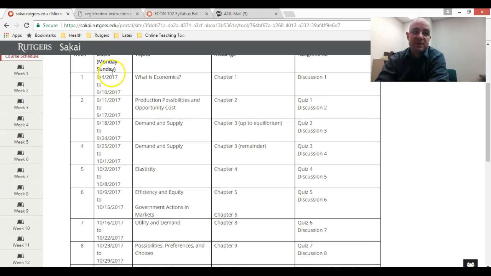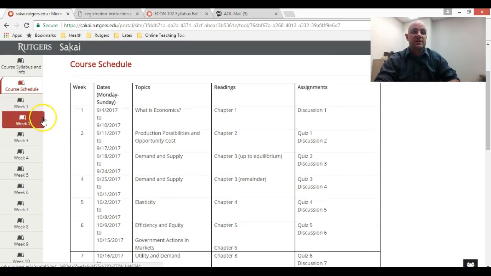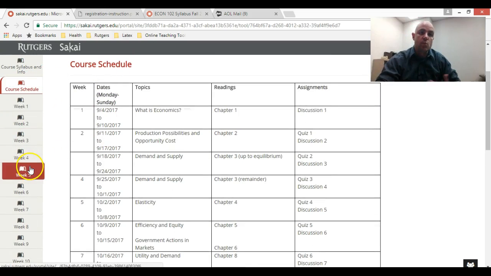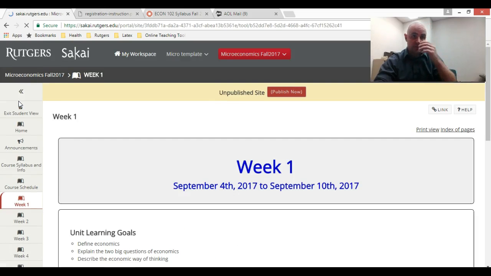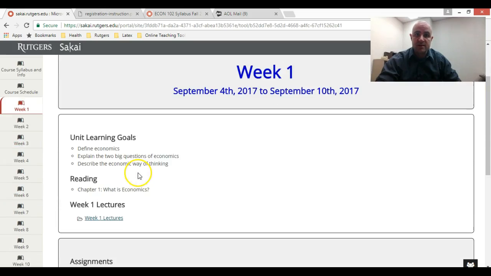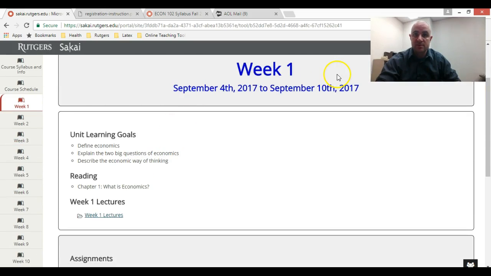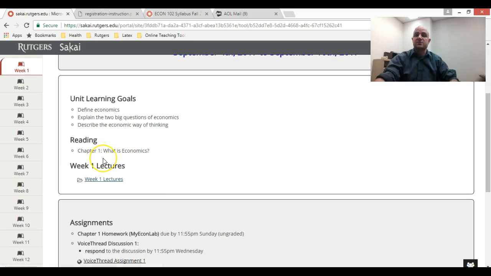And then we have each week. When we get to that week, that's where you go. For example, the first week, you go in there, and it says what the dates are. It'll tell you what your unit learning goals are and what the reading is. It'll also give you the link to the lecture. So the lectures are posted here.